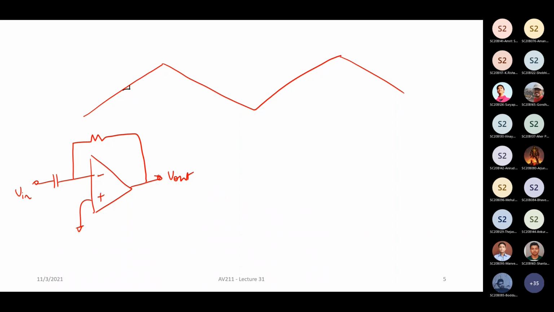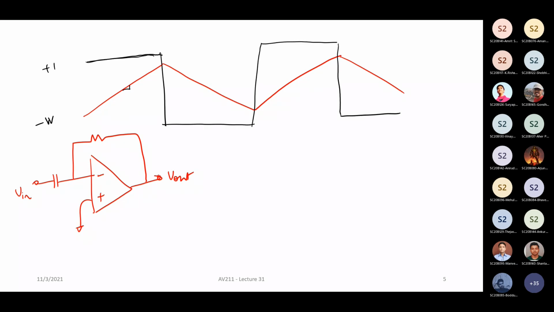So what is the slope of the signal? I think I had given plus or minus 1 volt, right? So it goes 2 volt in so many milliseconds, and then you can calculate whatever it is. It'll be constant at this time. It's a positive slope. After this, it's going to have a negative slope, right? So the triangle wave frequency and the square wave frequency are going to be the same. So the output is going to be a square wave of the same frequency. This is to look at it mathematically.